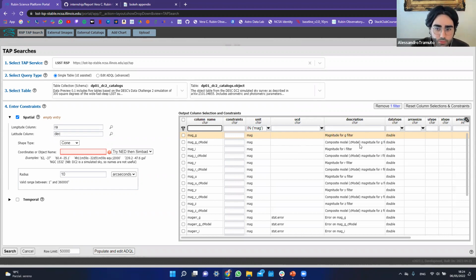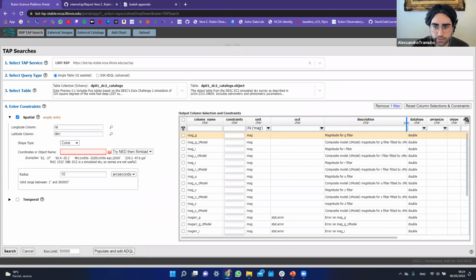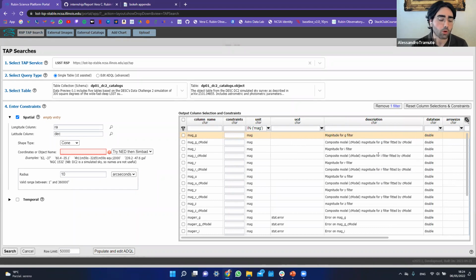Another way to help you with the search of columns you want is to use the description. The description part gives essentially a description of the column you are seeing on the left, and in particular for this magnitude, we can see that for each filter we have 2 values. In particular, I want to show you the MagC model one,